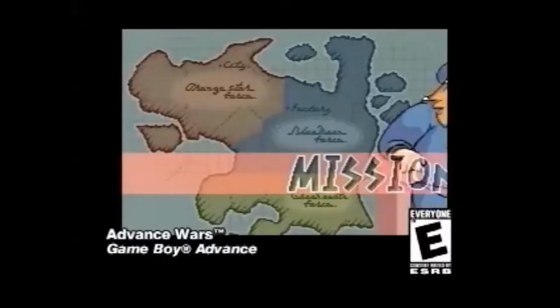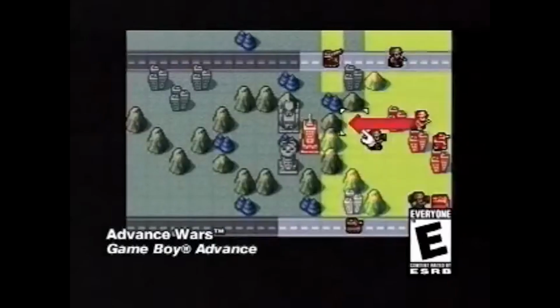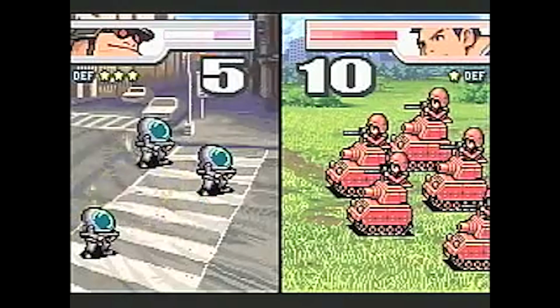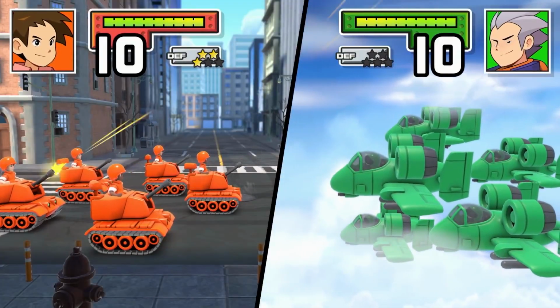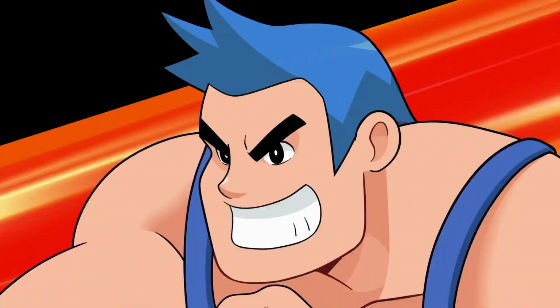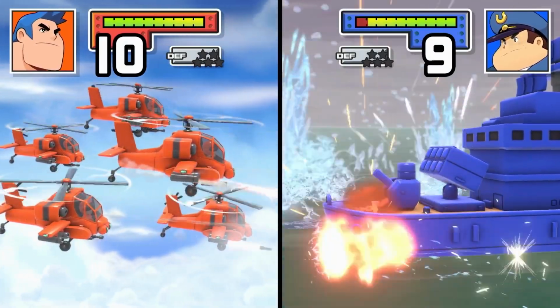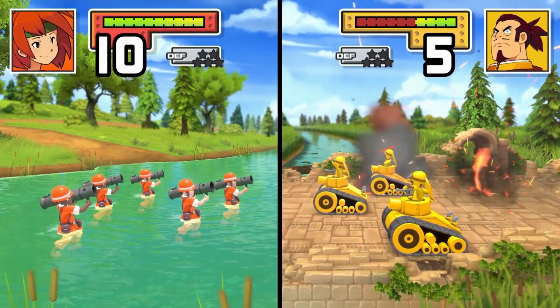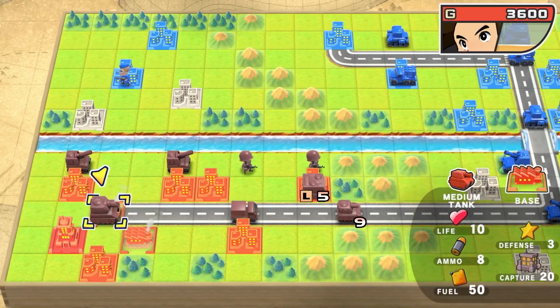Among these games were Advance Wars, which was released in 2001, and Advance Wars 2: Black Hole Rising, which came out 2 years later in 2003. The first game sold over 700,000 units worldwide, and the second a very respectable 650,000. Both titles received critical acclaim for their challenging yet accessible turn-based gameplay, memorable characters, and high levels of replayability, among